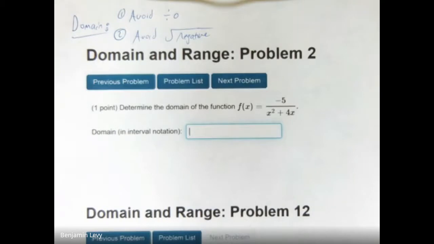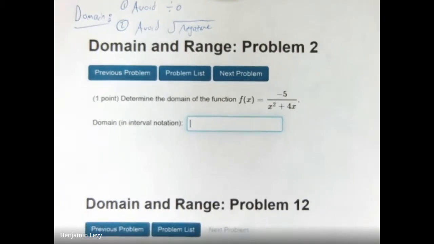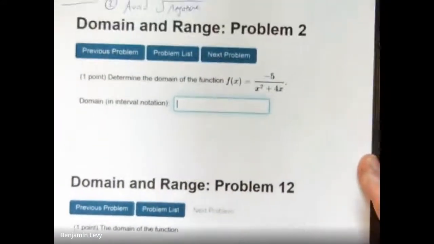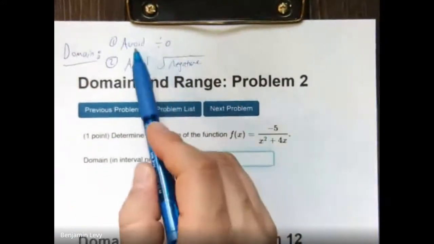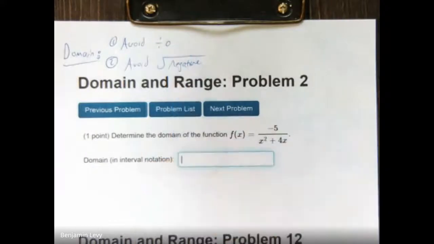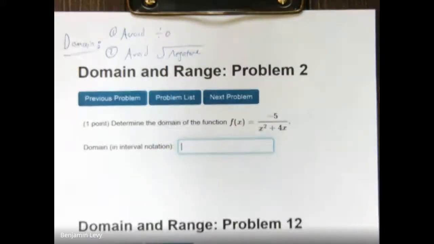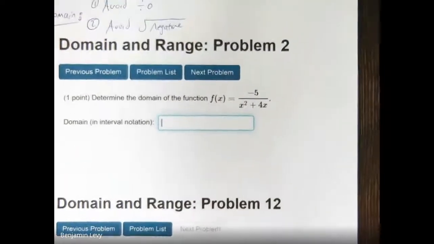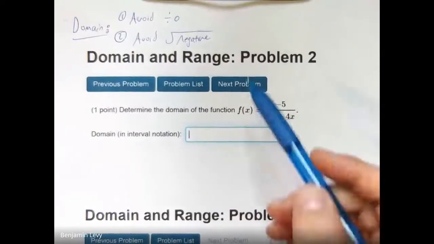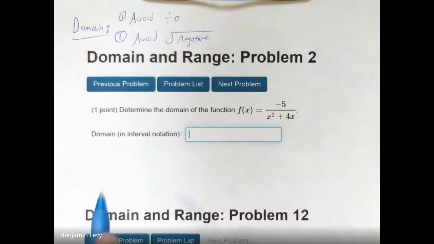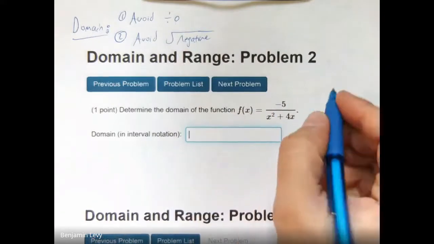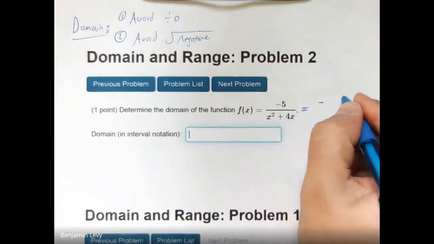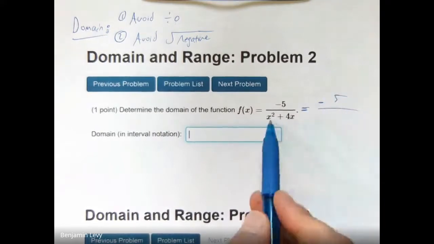And so in these two examples, they're both fractions, and so we're definitely going to have to worry about dividing by 0. And the second problem has got a square root, and so we'll have to avoid square rooting a negative in that second problem. But in both cases, we're thinking about these two things, right? And so on this first problem, we need to think about dividing by 0, and so let's go ahead and factor the bottom. And so we can pull an x out of the bottom,